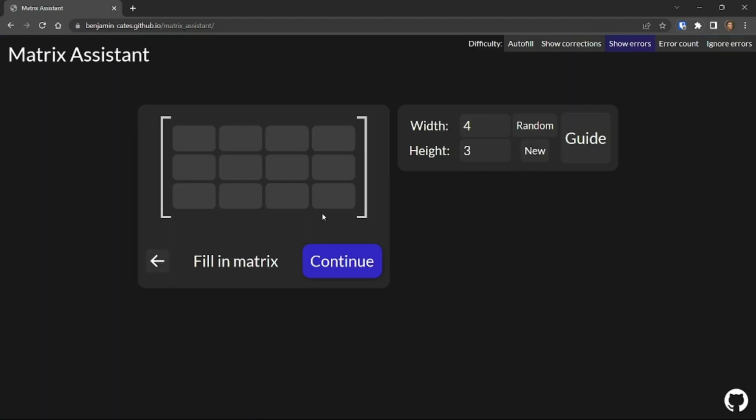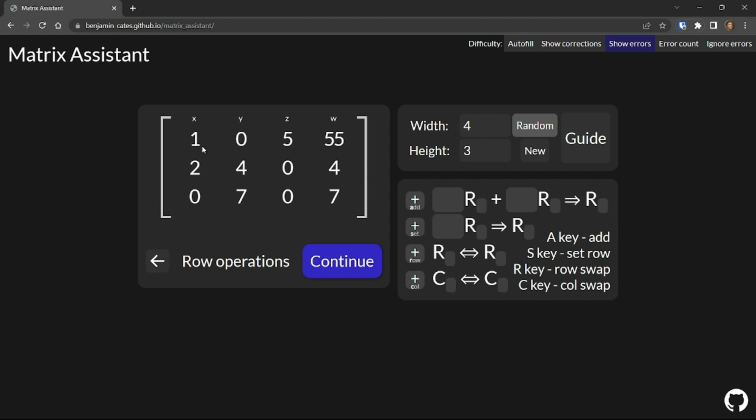So let's get started with a random 3x4 matrix. Here is the 3x3 coefficient grid, and on the right column is the solution vector. So let's see. The goal is to get 1, 1, 1, 0, 0, 0, 0, 0, and the solution vector right here. So I'm going to start with -2 row 1 plus row 2 goes to row 2